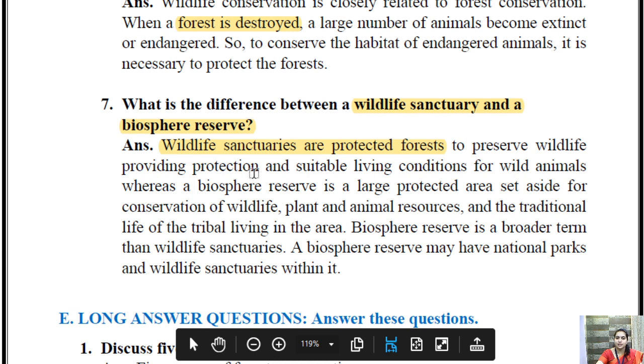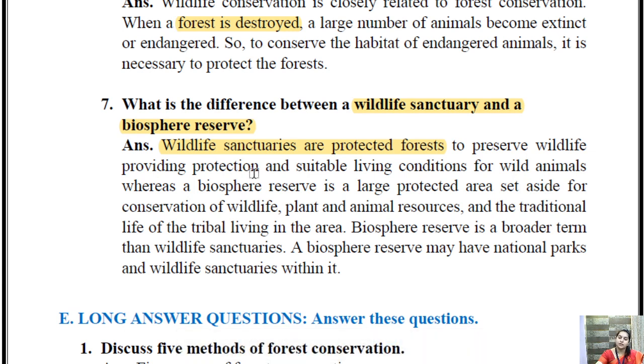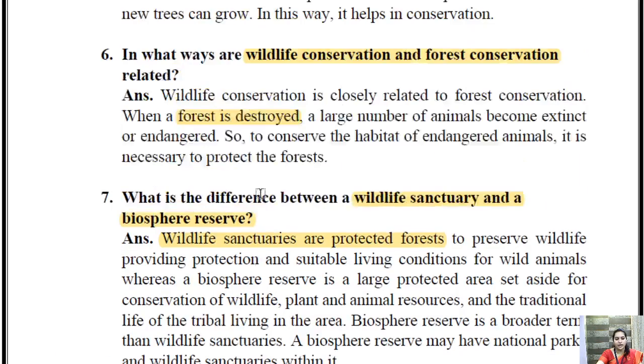So biosphere reserve बहुत बड़ा होता है, wildlife sanctuary छोटा होता है. Biosphere reserve में हम animal, plants और microbes के साथ साथ ट्राइबल्स को भी प्रोटेक्ट करते हैं, पर वाइल्ड लाइफ सेंचुरी में हम सिर्फ वाइल्ड लाइफ को प्रोटेक्ट करते हैं और उनको suitable living condition provide कराते हैं. Got it? So this is wildlife sanctuary. So this we have discussed